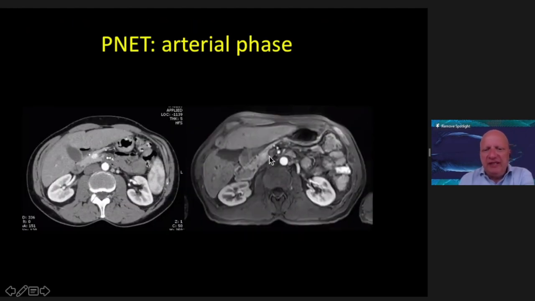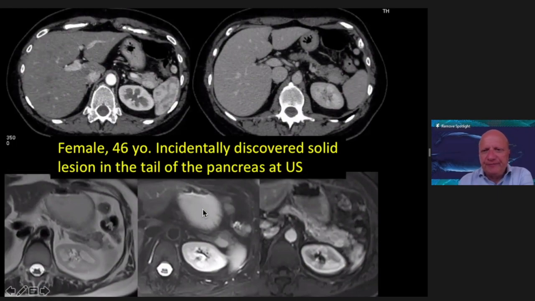Either with CT or MRI, the lesion appears hypervascular. In my experience, these small lesions sometimes are much better seen with CT than with MRI, because sometimes the pancreas, with MRI, is highly hyperintense, also the normal pancreas. So sometimes it can be difficult to differentiate small lesions, much better visible with CT. But remember, sometimes, especially in the body tail of the pancreas, we can have problems with